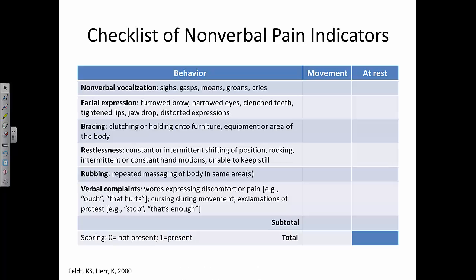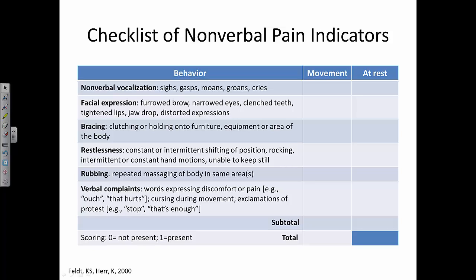Like I mentioned before, just because a patient is nonverbal does not mean that you cannot interpret their pain. So on the left-hand side, we have a number of different behaviors, such as nonverbal vocalizations. Is the patient moaning and groaning in bed? Facial expressions that I look for, especially furrowed brow. Even if a patient is sleeping, if they have a furrowed brow, this could be a good indication that they